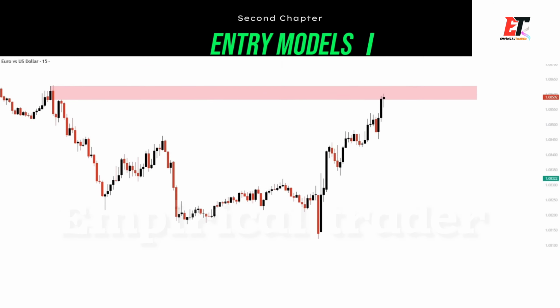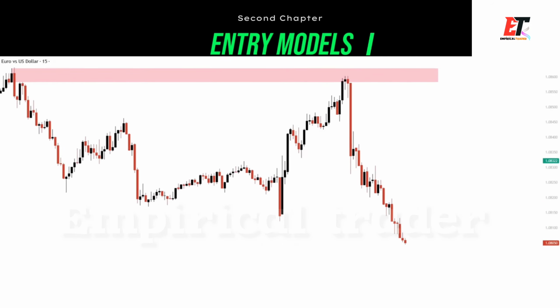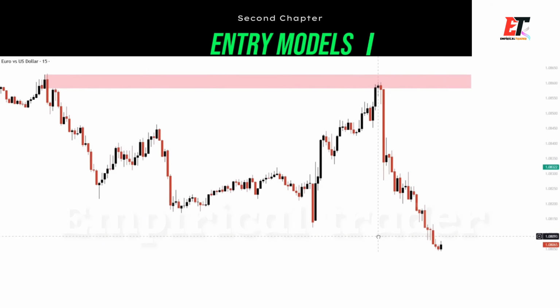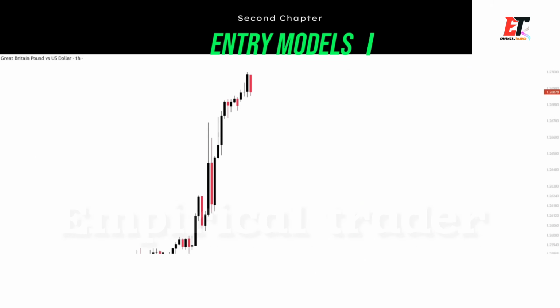So it finally rebalanced the market, and it met our expectations to reject to the downside. And soon after it also broke the lows, essentially continuing the downtrend. Another example. This is a clear, very aggressive uptrend,